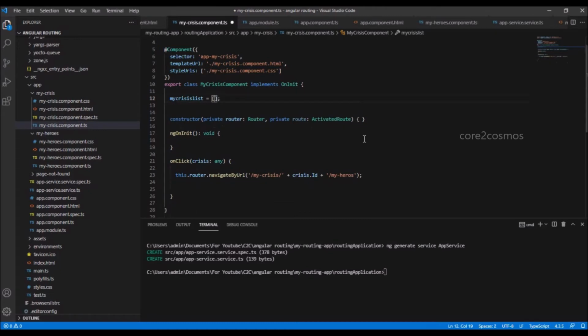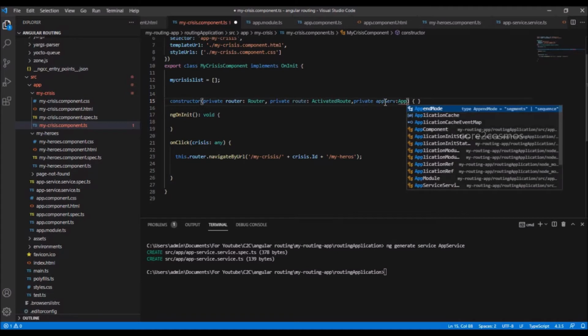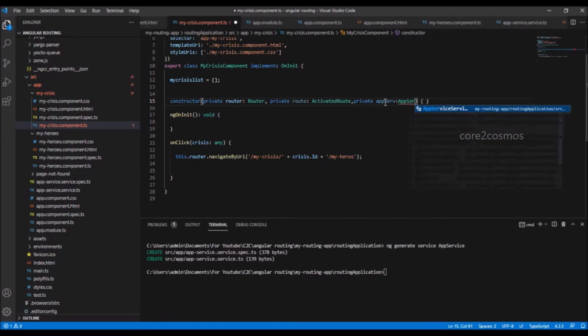I delete the values from the myCrisis component.ts and I inject the app service that I have created in my crisis component. In the constructor, I add an additional argument private appserv: AppService.